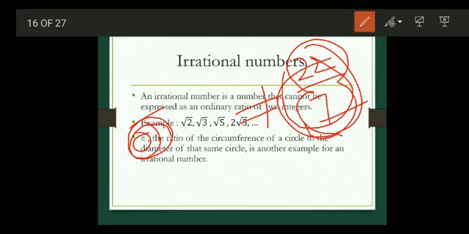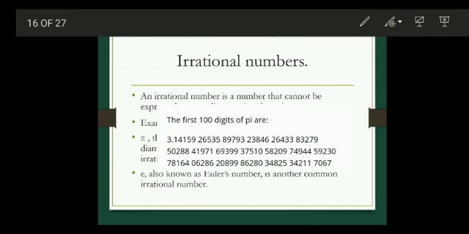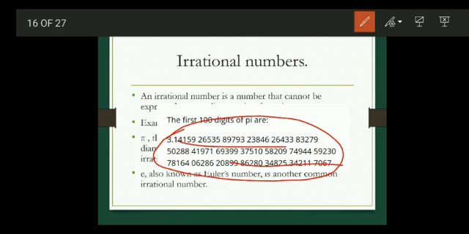So I will tell you the value of pi. This is the value of pi: 3.141592653. We have an infinite number of decimal terms after the point. It does not end here. This is only the first 100 digits. Many researchers are still working to find out more digits, the value of pi. So we cannot write pi in the form of rational numbers.